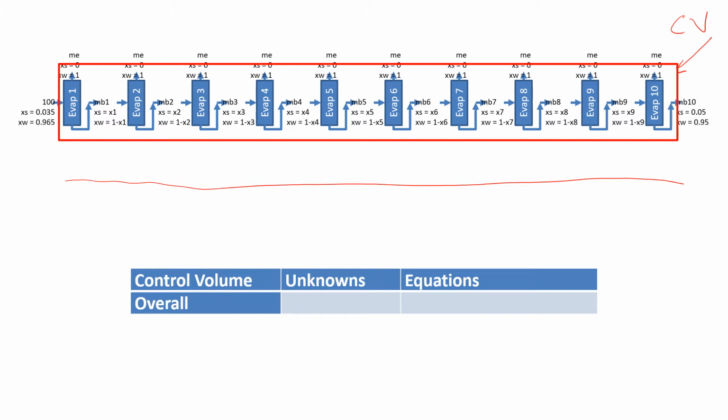And so what I'd like for you to do is take a moment and go around this control volume. For each stream that crosses the boundary of that control volume, identify the unknowns that are present in it, and the components. You're going to put the unknowns in the table that you see down here, in this cell. Just list them out so we can count how many unknowns we have. And you're also going to put down the components that are present in those streams in this cell here underneath